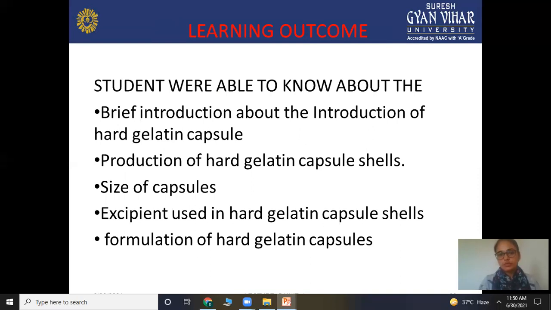We already saw this procedure in the previous slide, and there are different methods. First is dipping, then spinning, then drying. First you dip your capsule mold into a specific gelatin solution, and after dipping, spinning takes place. Due to spinning, the capsule shell or mold forms a uniform layer, as the solution gets distributed uniformly, and after this spinning, drying takes place. For drying, specific cold air is used, and with the help of this drying, stripping takes place, and then cutting and trimming is the next step.